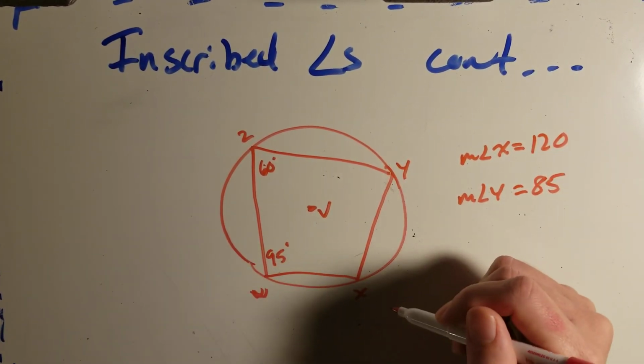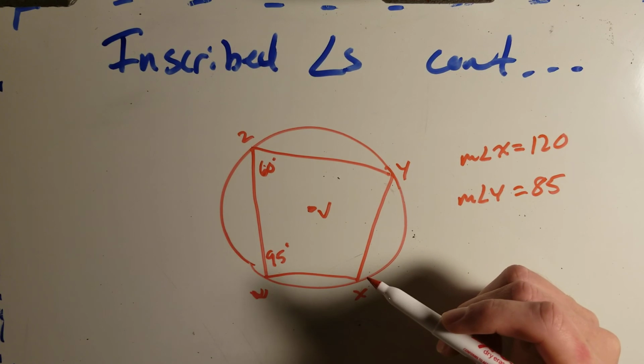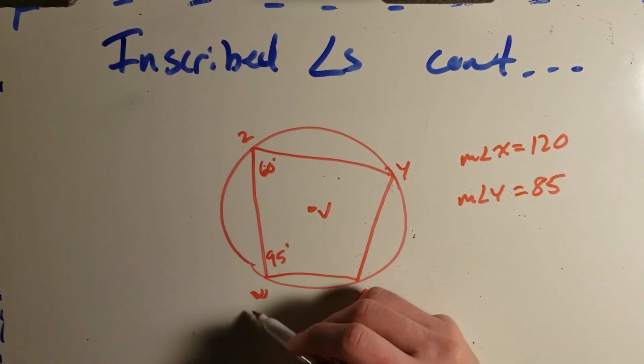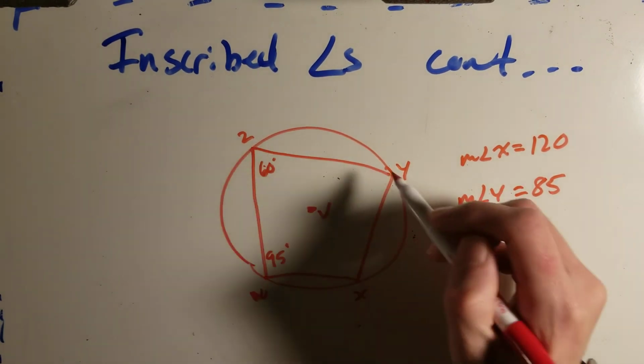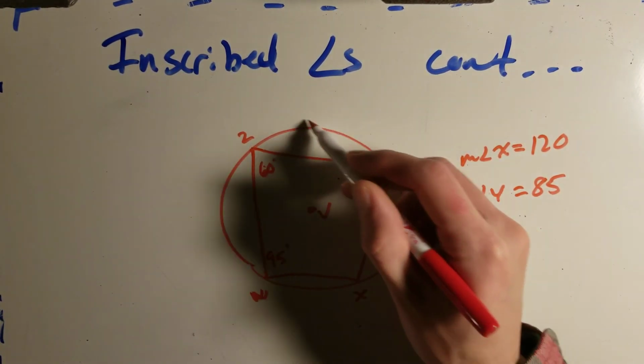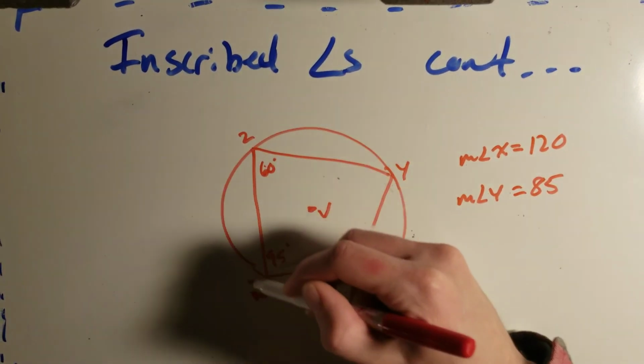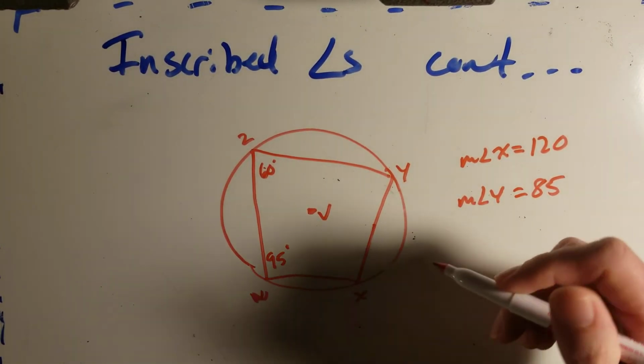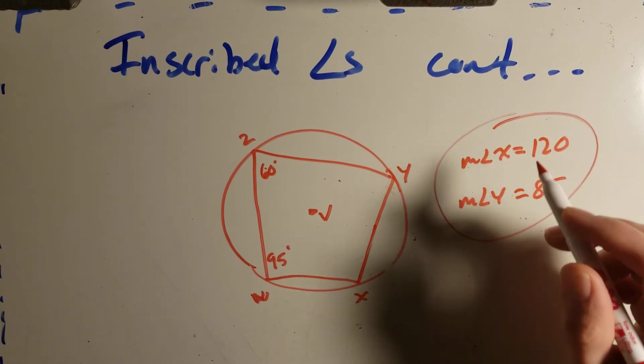Once you know these angles, you also could find the measurements of different arcs, like angle x, that would tell us the measurement of the arc WZY, that would tell us the measurement of this arc, not the arc length, but the measurement of the arc. So we can use these angles of the quadrilateral to find various angles of different arcs in the